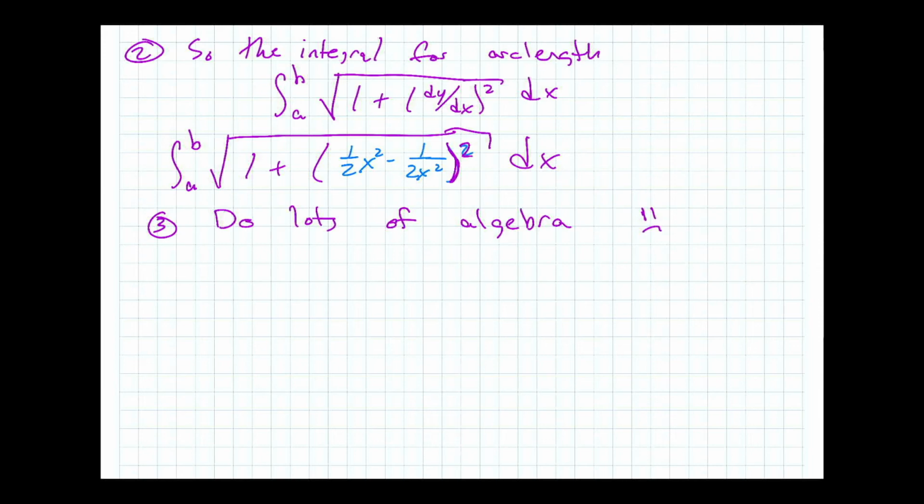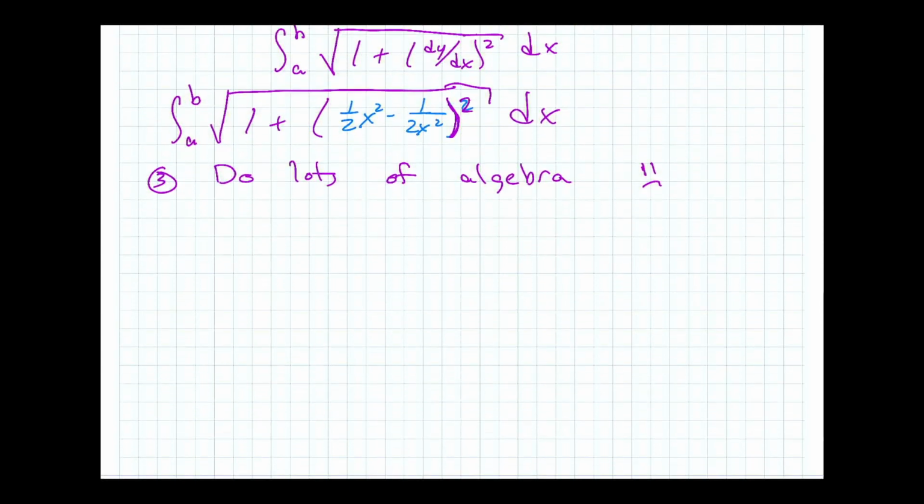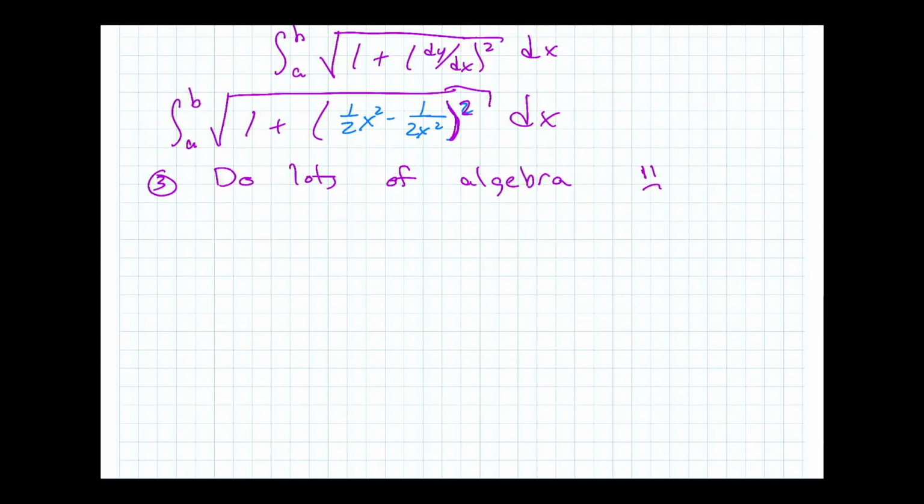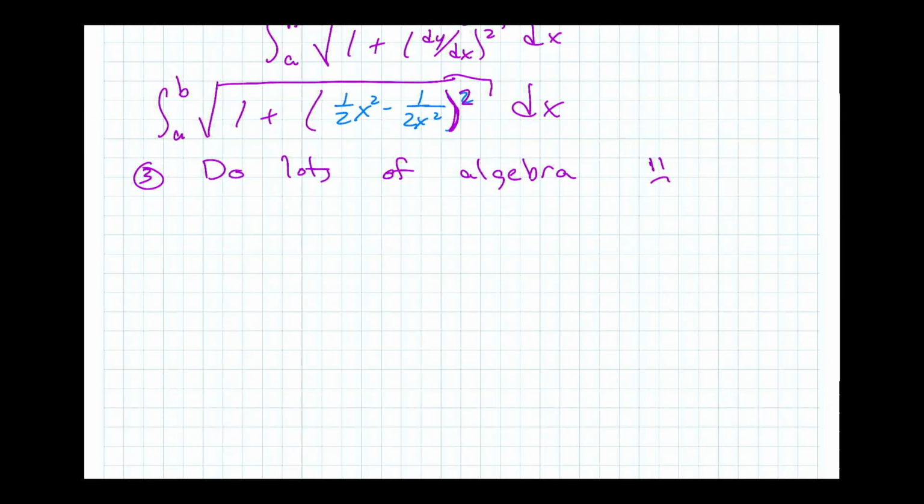Sad face. Or, and I'm not recommending this, you type just the stuff in the square root, skip the square root, just the stuff in the square root, type that into Wolfram Alpha, and it will spit out a nice answer probably, and then come back here. But if we do it by hand, what we're going to have to do is, number 1,